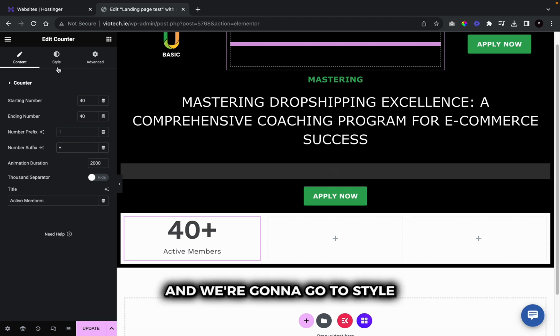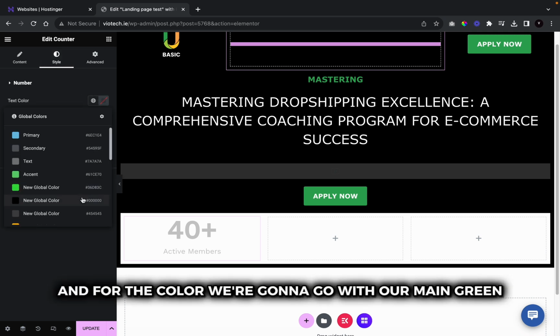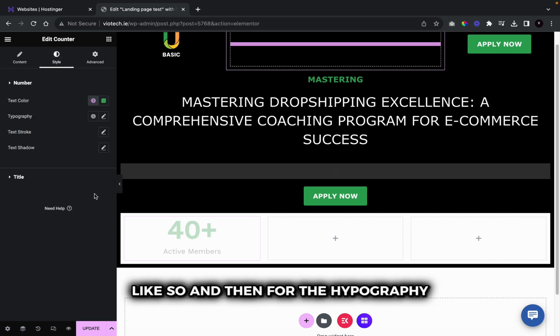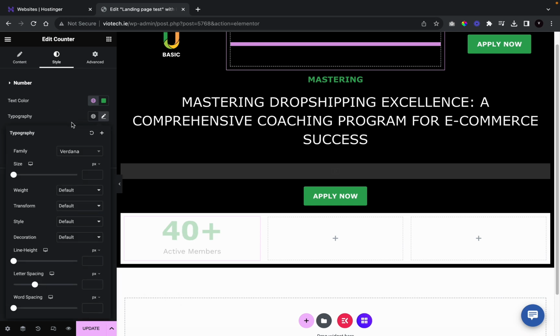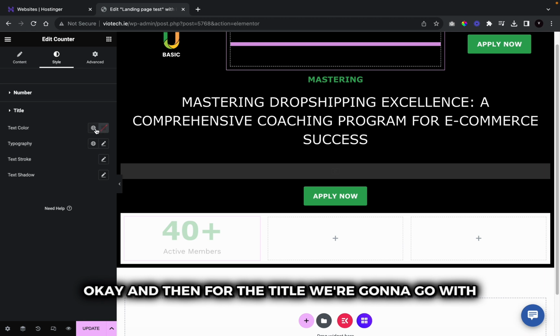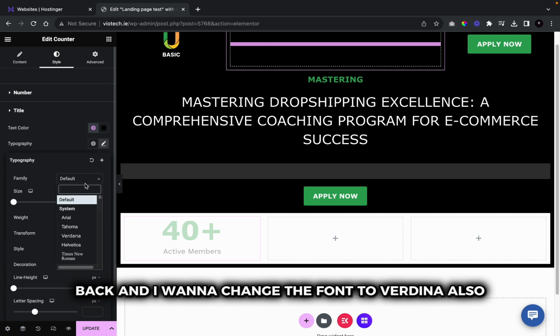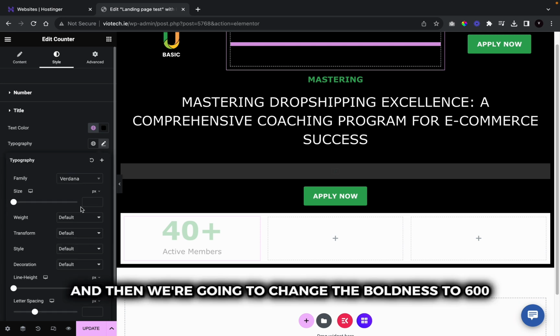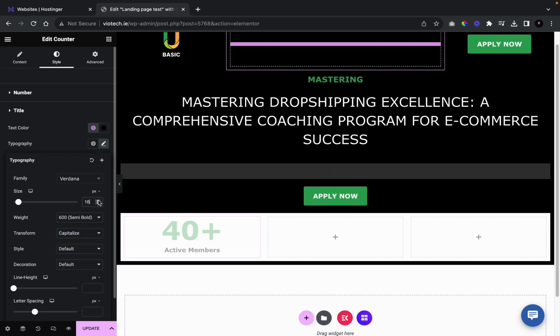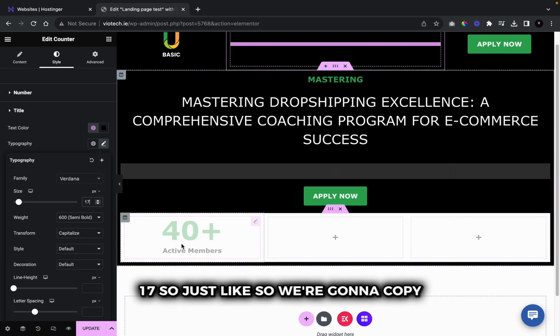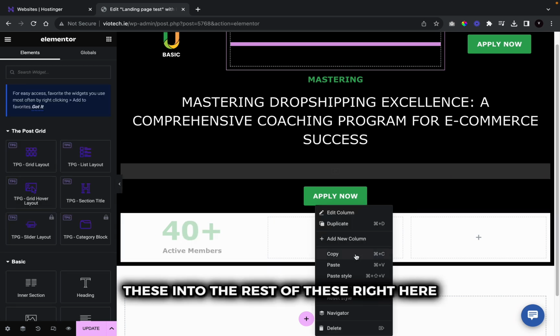icon right there, and then we're going to go to style, and then for the color we're going to go with our main green like so, and then for the typography we're going to go with Verdana also. Okay, and then for the title we're going to go with black, and I'm going to change the font to Verdana also, and then we're going to change the boldness to 600, and then we're going to go capitalize it, and then for the sizing we're going to go 17. So just like so, we're going to copy these into the rest of these right here